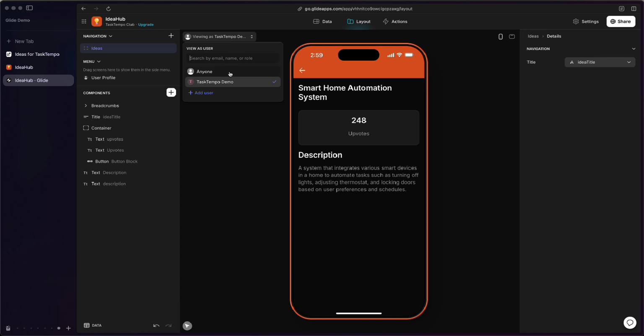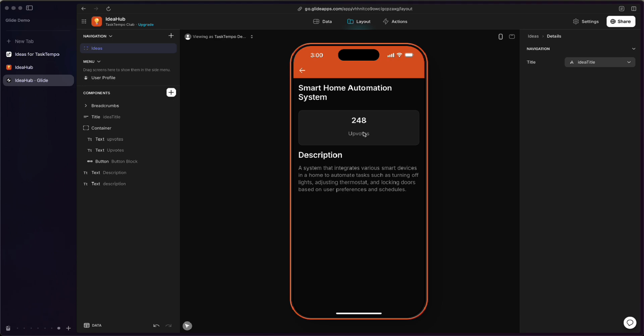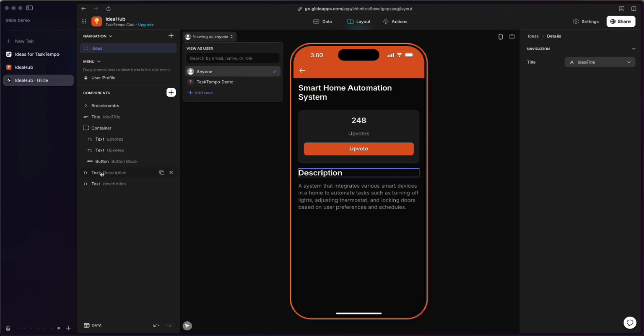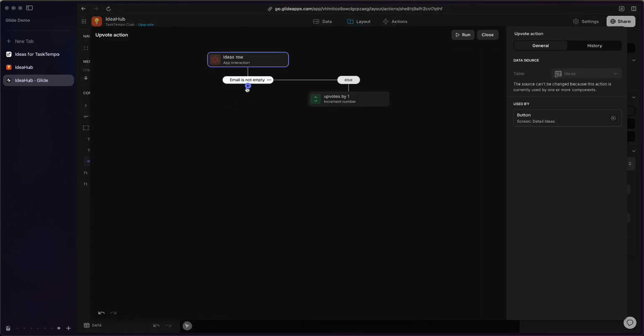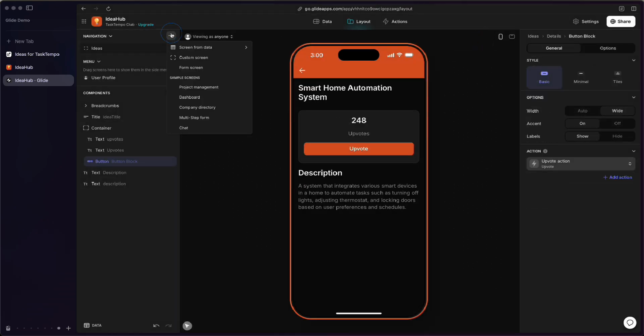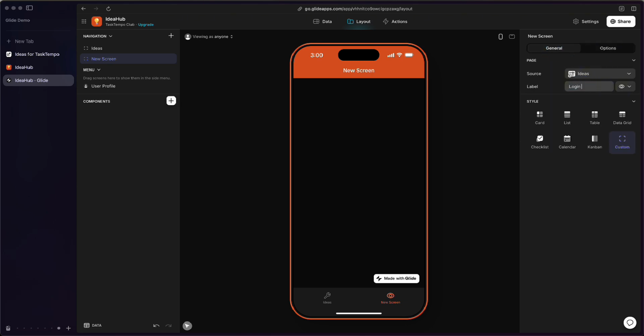And also one other thing is you can try to view as anyone or view as a logged in user, which we are. Not sure why it's doing that, but let's view it as anyone. So we don't have that button, which is weird. Let's see what's happening here. Because we don't have an action yet, so it doesn't know what to do. So let's fix that a little bit later, but create a new page, custom screen, we'll just call that login reminder,